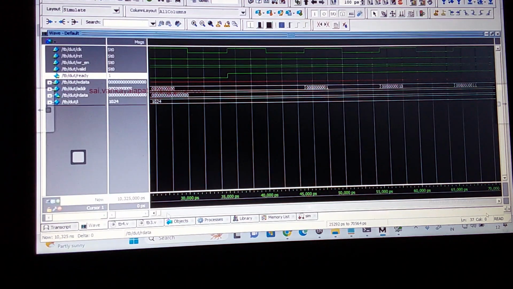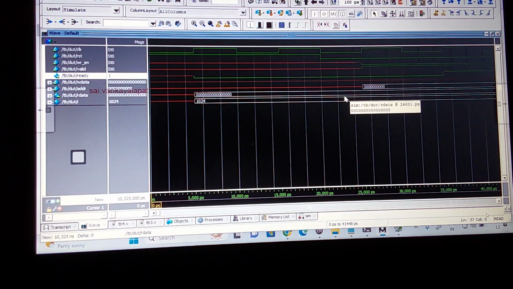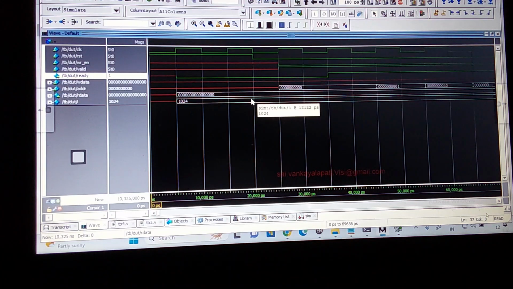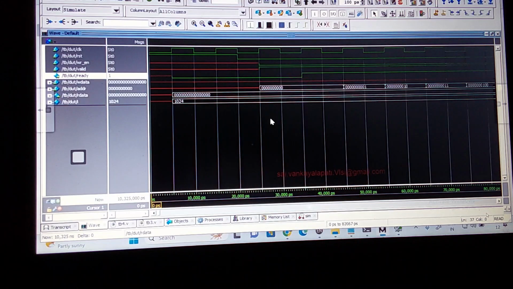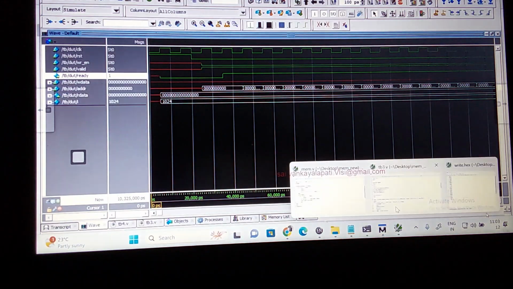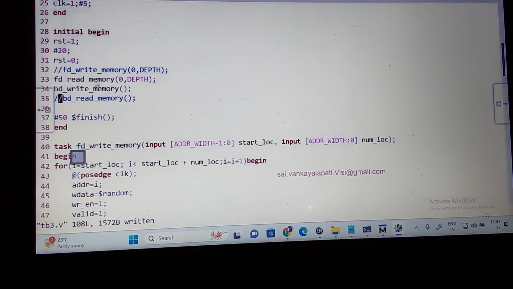Since this is backdoor write, the W data is not XY, so it has to be done with the backdoor read. Backdoor read is not happening in this case. We need to debug this. Okay, before debugging, let us check one last time with backdoor read and backdoor write. This is not happening. Let me debug this. Let us save all.